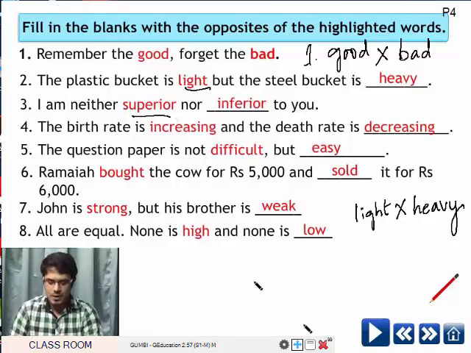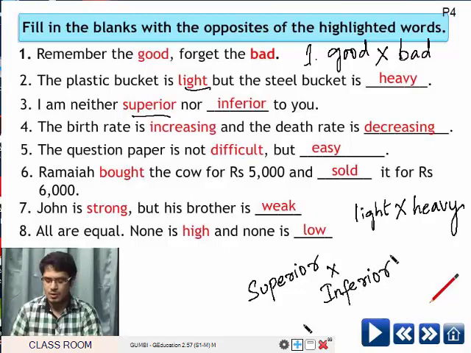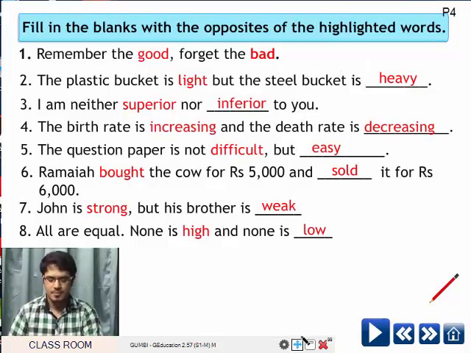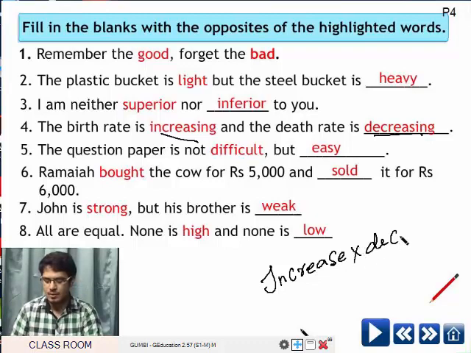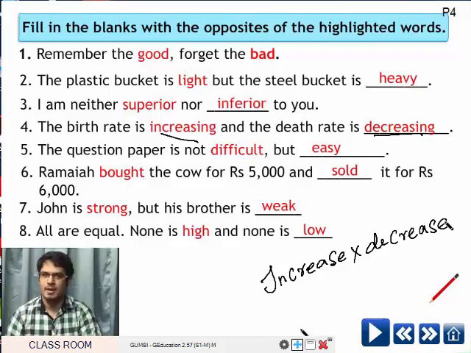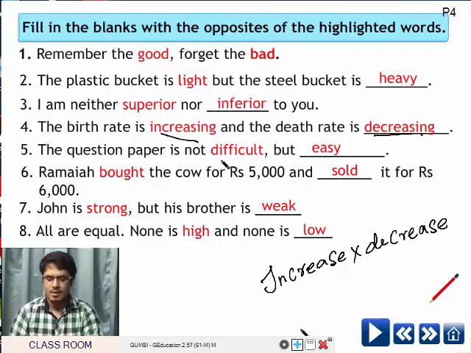Superior, spelling S-U-P-E-R-I-O-R, superior, inferior. Next, increasing, decreasing. Increase, decrease. Next, difficult,